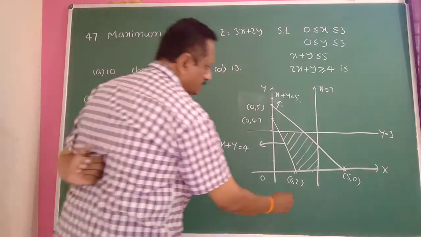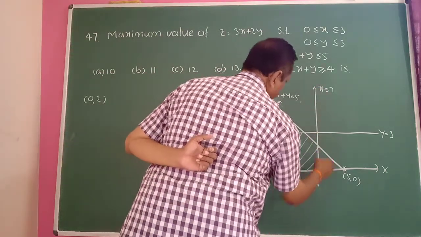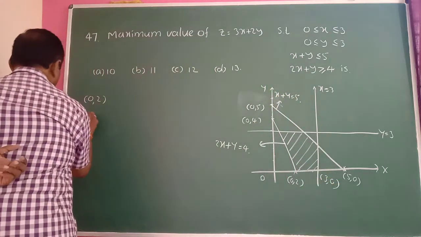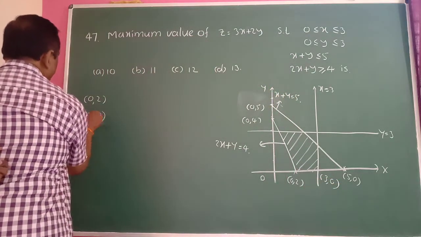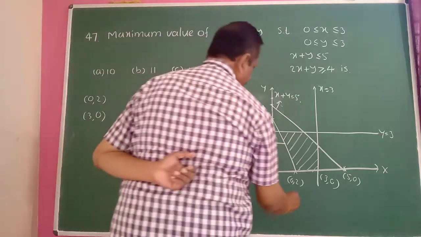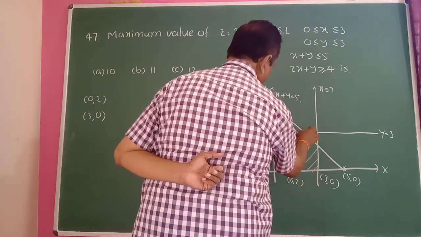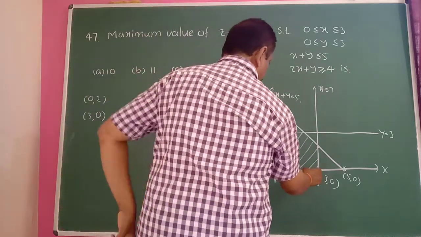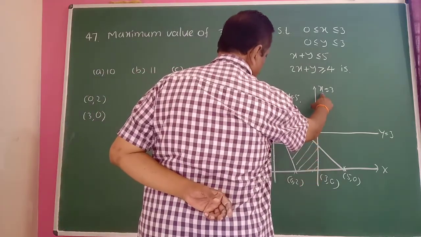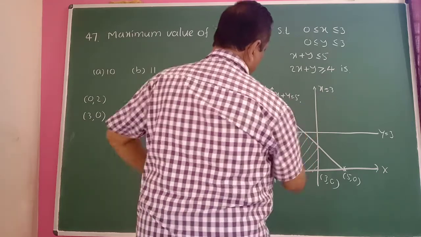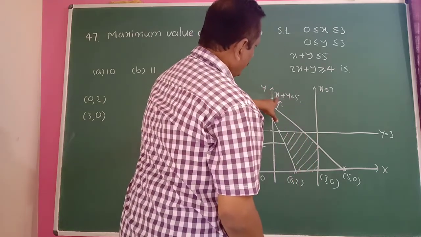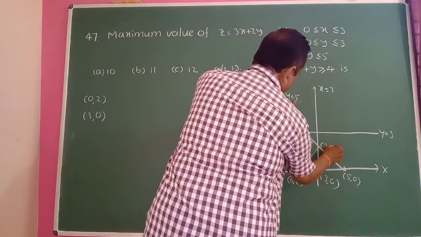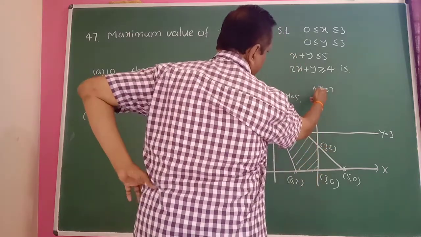The other point is this one: the line x equal to 3 means 3, 0, so (3, 0), and here is this point as well as this point here. Okay, in this case put x equal to 3 in this equation, then y is equal to 2, so its coordinate is (3, 2), because x equal to 3 is there.